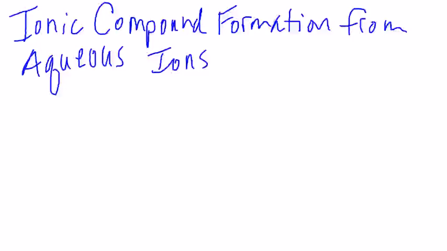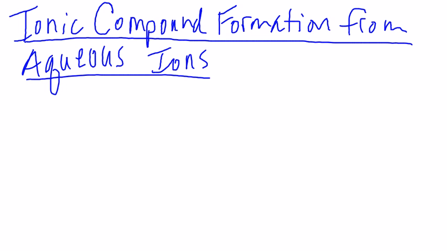Hey guys, this video is on ionic compound formation from aqueous ions. There are a number of ways that ionic compounds can form, and one of those ways is if ions are floating in water of opposite charge. They can combine to form what are called ionic compounds. An example of this would be